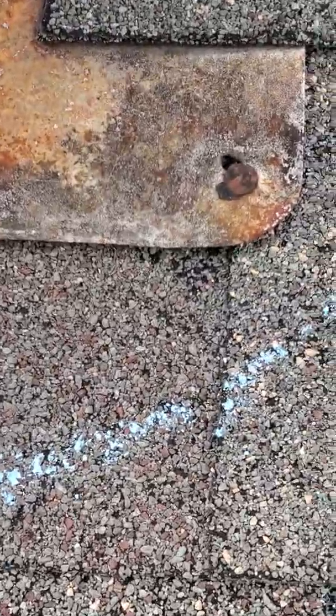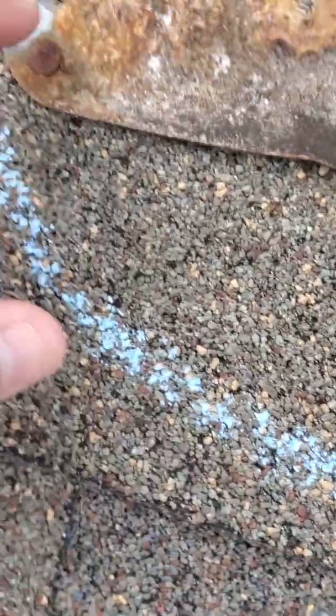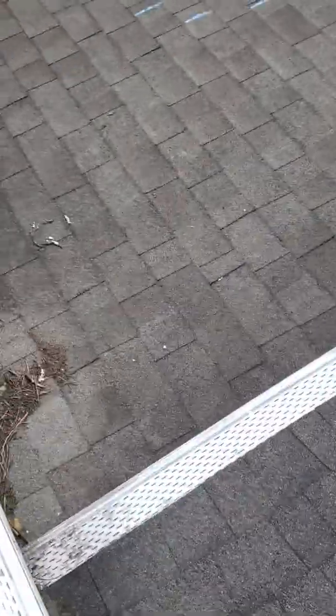So yeah, all these nails really need to be redone. You can kind of see there's a hole behind that one, all rusted. That one's all rusted. A couple holes right here. This one's rusted out. Another section is spattering. Down here on this lower slope,